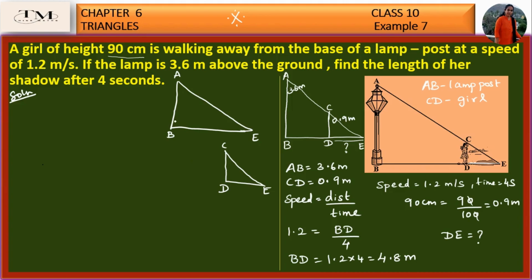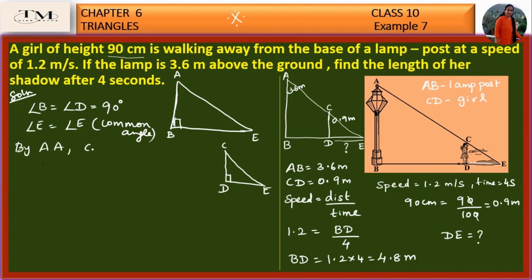So we have this angle B. This is the lamp post standing vertically, and CD is the girl standing vertically. So both will be standing vertically. So angle B will be equal to angle D, which is equal to 90 degrees, as they are standing vertically. So what about E? E is the common angle. So angle E is equal to angle E. This is the common angle. So if two angles are equal, then we can say by AA criteria,